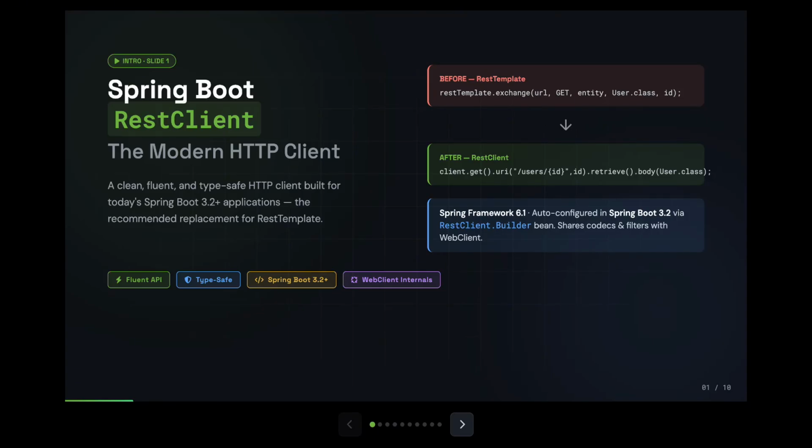Welcome to this tutorial on Spring Boot RestClient, the modern way to make HTTP calls in Java. If you have been working with Spring Boot for a while, you have probably used RestTemplate or maybe even tried WebClient. But Spring Boot 3.2 introduced something new, that is RestClient, a clean, fluent and type-safe HTTP client built for